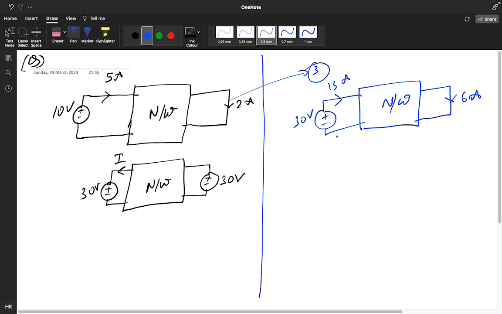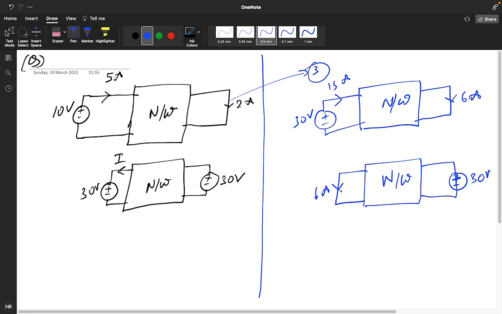Just reverse, means do the reverse things. Change the excitation position. Positive, negative, 30 volt, and the current will come here as 6 ampere, and the current here will be 15 ampere. Add this. You will get positive, negative, 30 volt. This will be positive, negative,